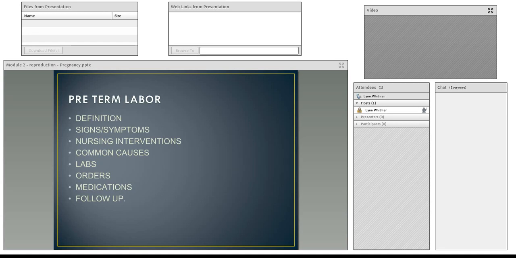Most of the time, the orders will read bed rest, fetal monitor, get a urine, start some fluids, and then begin the medication regime. One of the tocolytic medications is terbutaline, or Brethine. It's a dilator. So if I can flush more fluid to the uterus, it should relax. Terbutaline is a sub-Q